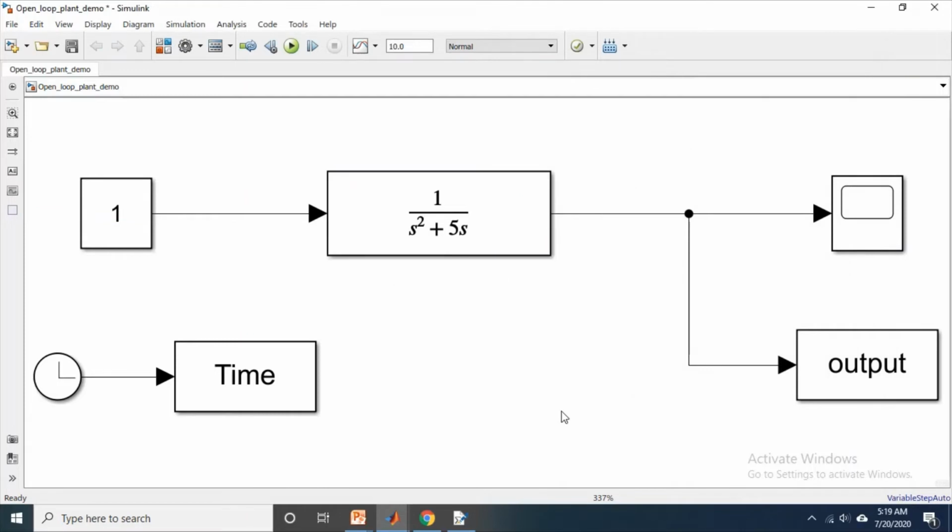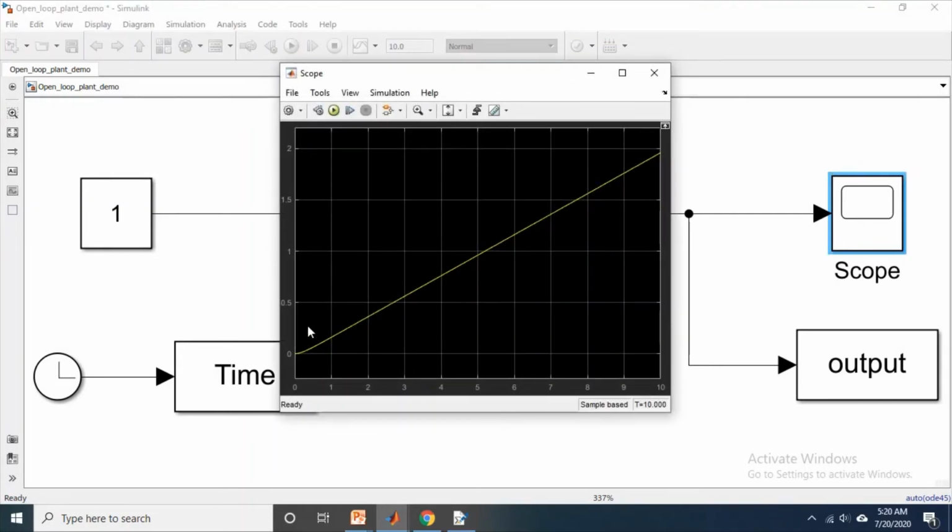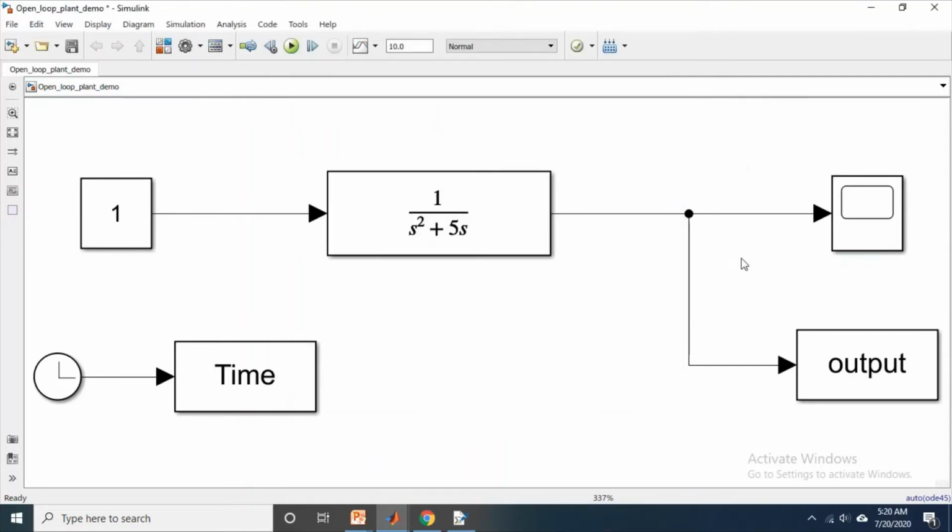So now, since the numerator is a constant 1, I will run this one. Suppose you want to get smoother plots; first of all I will run and I will see that none of the errors are 0. You can see that the system is going unstable, because as time goes from 0 to 10, the output is going from 0 to 2, and if I run for a longer time it keeps on increasing, so the system is kind of unstable.